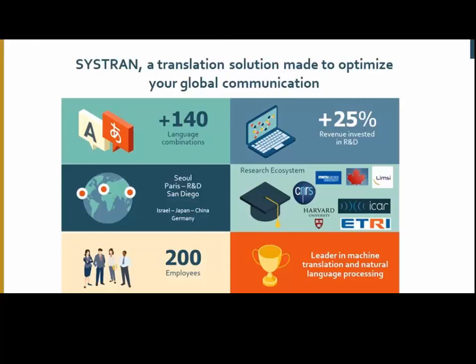And today we have arrived at a very exciting generation of translation engines, based on the latest advances of artificial intelligence. I will explain a little more on that in the next slides. SYSTRAN is on 3 continents with offices in Paris, where we have our R&D center, San Diego, and Seoul.